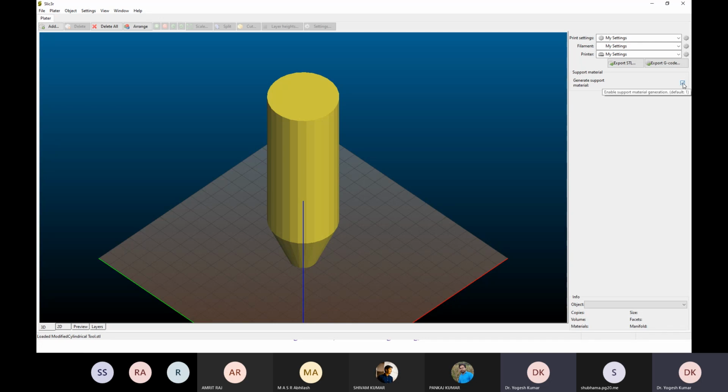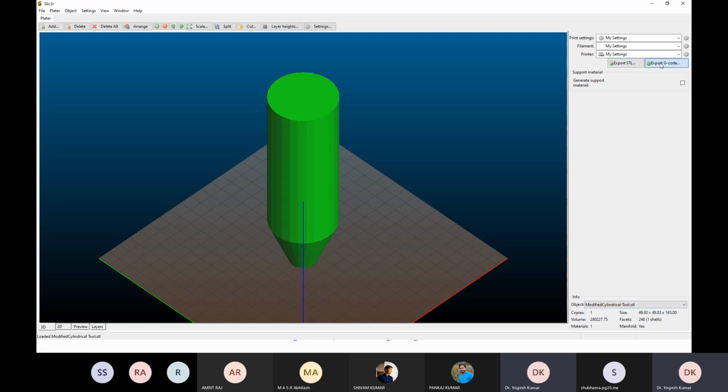If you do not click on generate support material, then the slice data will be created without any support material. For demonstration, I will use both options. This is without support material.